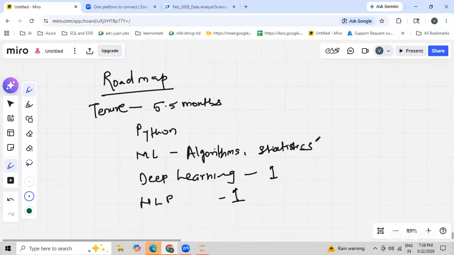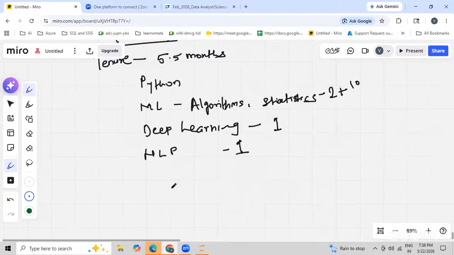For machine learning, we have two real-time projects, plus for every algorithm we will design one code, so we can say there are about 10 codes for the algorithms. Then